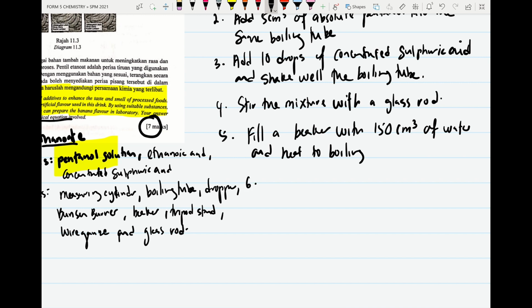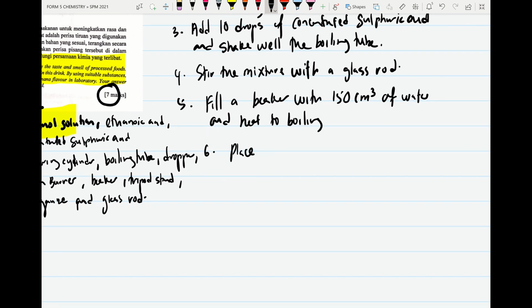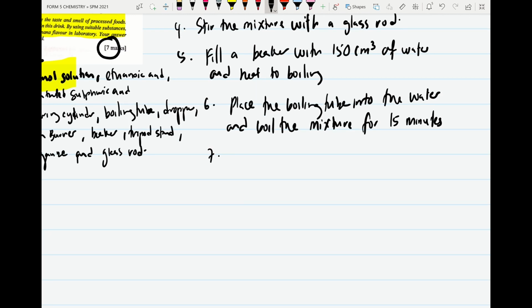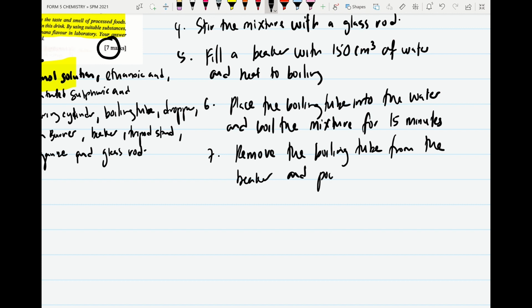All right, point number 6, once the water is boiled, we place the boiling tube into the water, and we boil the mixture. Boil the mixture for about 15 minutes. And point number 7, after 15 minutes we remove the boiling tube from the beaker and pour